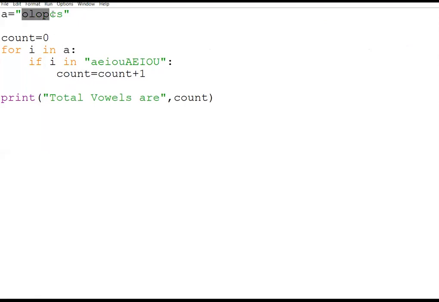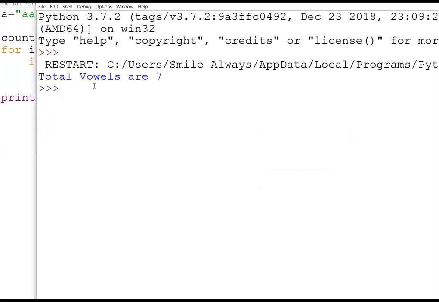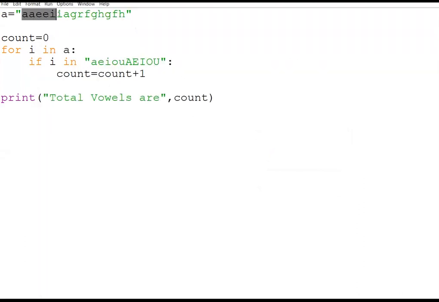You change this and you'll get something different. Now if I run this, you can see that it is counting perfectly. Total vowels are 7. If you see here, these are 7 only. So this is how we can do traversing in the tuple.